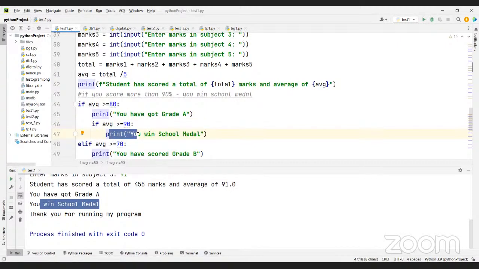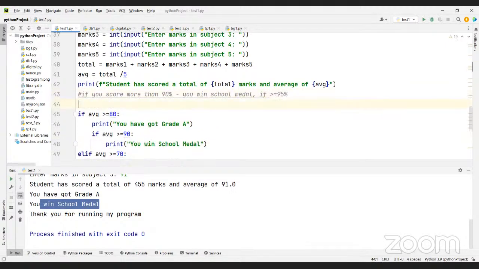Okay. Now let me make another tweak to it. So if you score more than 90, you win school medal. And if it is more than 95, then we win, say, president medal. Okay. So now how do we do that? If you score between 90 and 95, you win school medal. You win only one medal, you don't win two medals. So if it is between 90 and 95, you win one medal. Above 95, you win